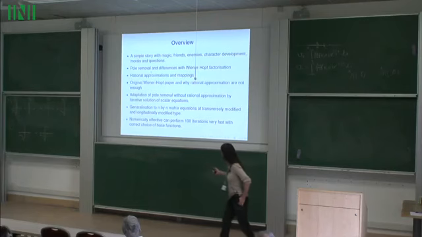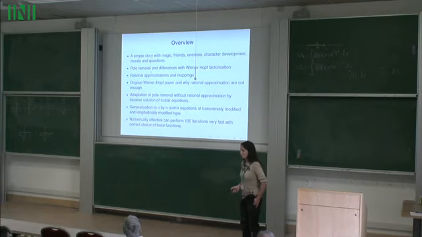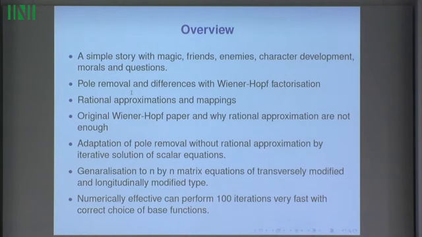Previous talk, a bit different. Like any story, there should be some friends, there should be some enemies. I hope there's going to be some character development, otherwise it's a rather boring story. And also, of course, there should be a moral at the end, and hopefully some questions to follow on from it. Of course, I'll be talking about Wiener-Hopf, and the first thing I'll be talking about is the differences between